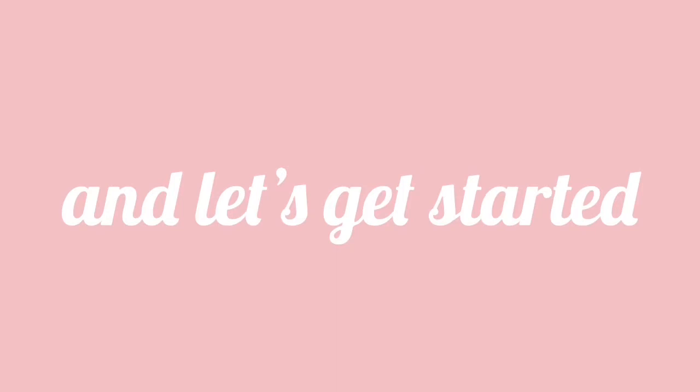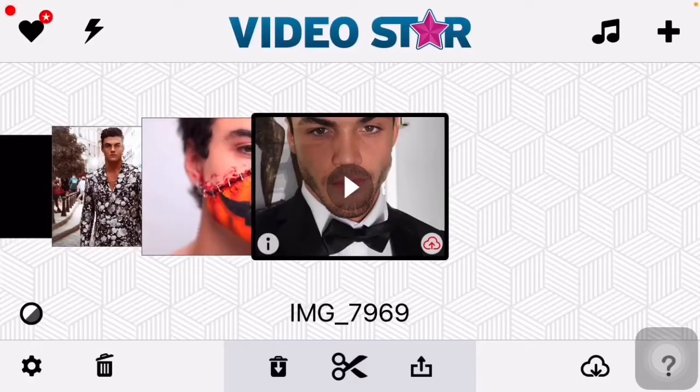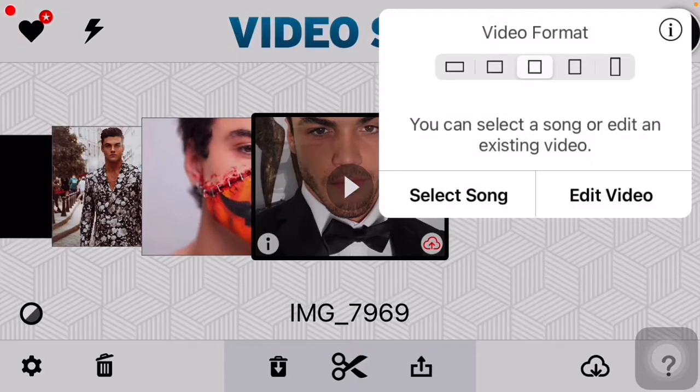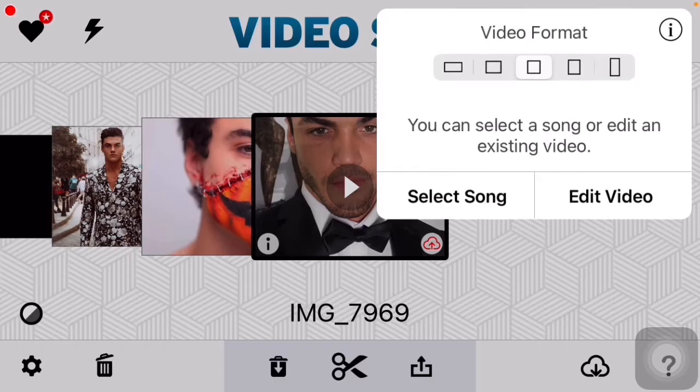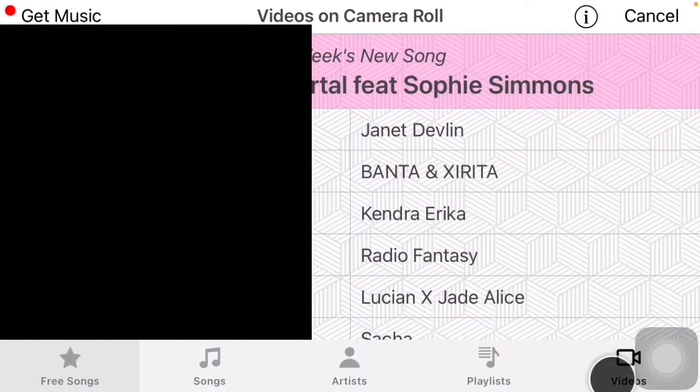And let's get started. If you watched my zoom transition video and know how to import your photo, skip to the second on the screen. So click on the plus, pick your video format. I'm gonna pick this square one and select song and then videos. And I'm gonna pick my audio